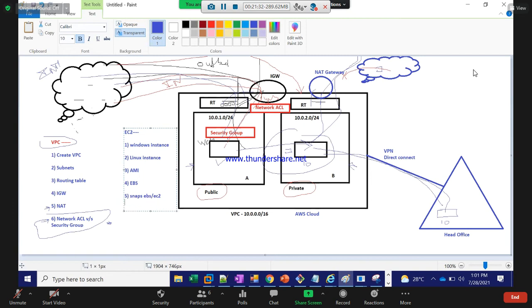Next, we have seen adding and modifying EBS. EBS is nothing but your hard drives. Let's say today you have only a C drive, and in your server you want to add the D drive.